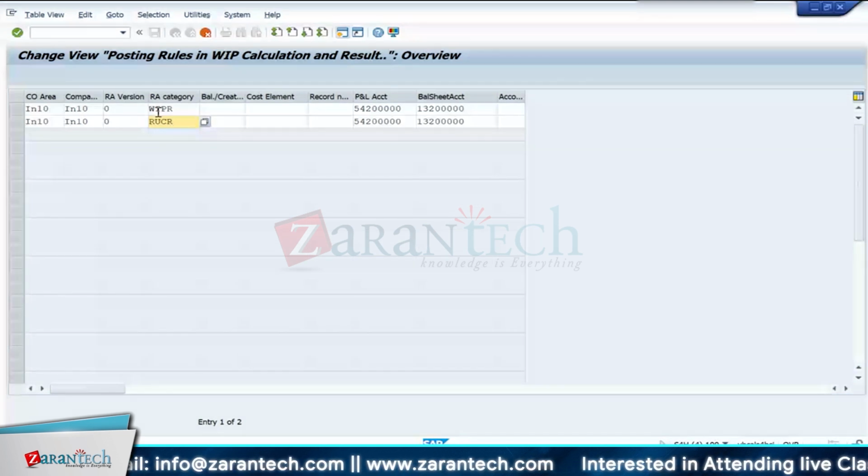If it is negative value in the process order, then it will not calculate WIP. So that's what I mean. The name itself, realized, I mean, reserve for unrealized cost. Okay. These two categories you have to select,